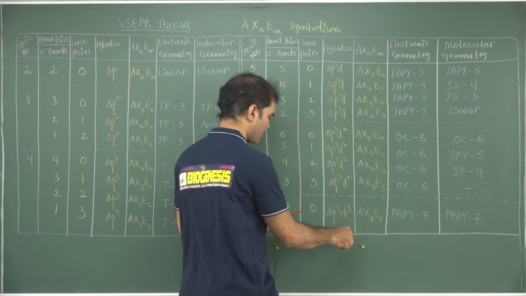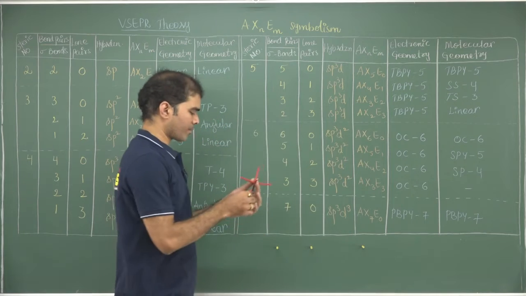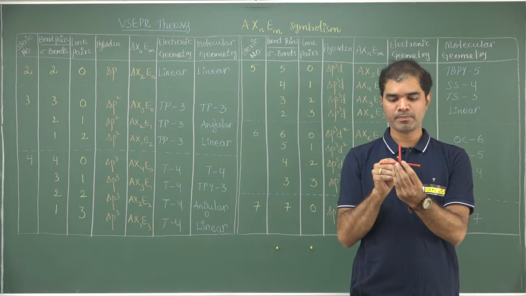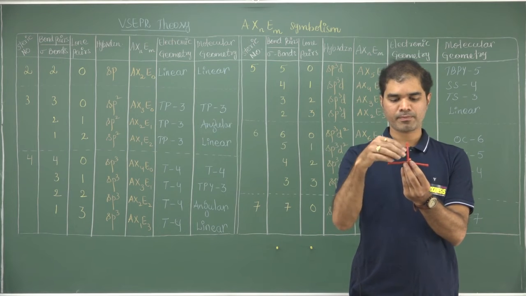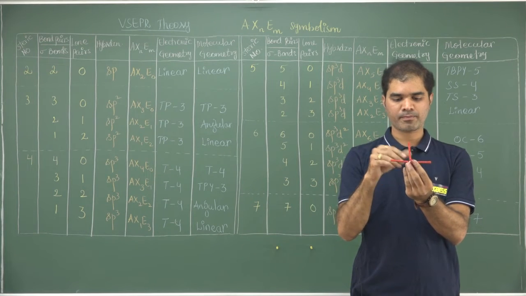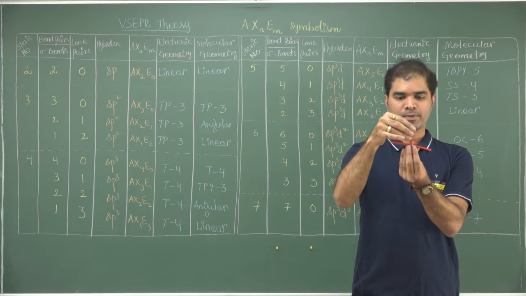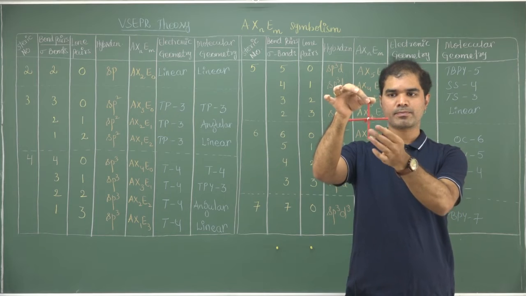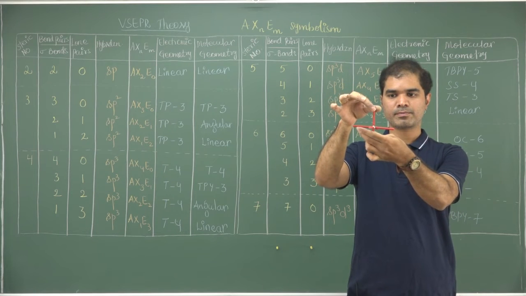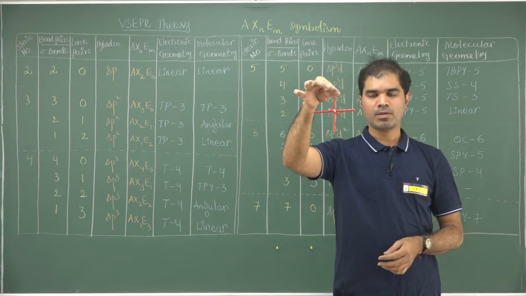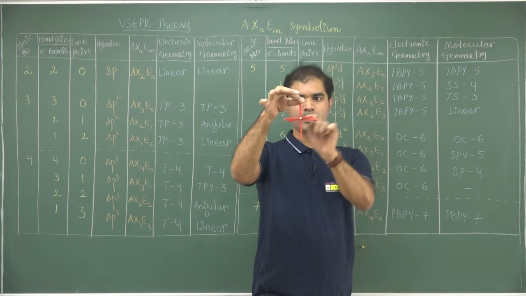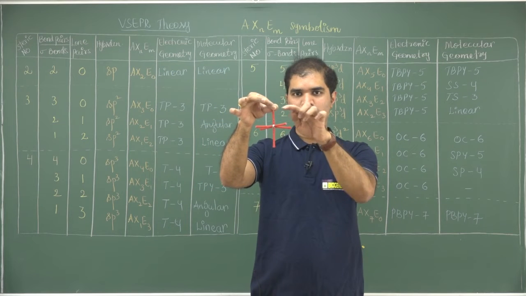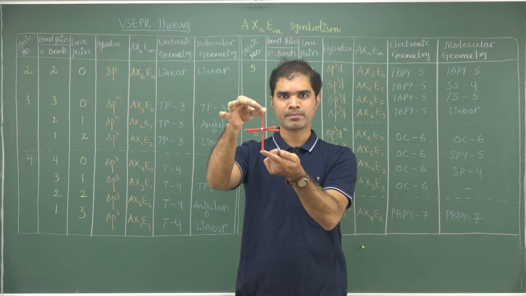Within this octahedron, I can just take 4 ligands in a square plane. Okay, this is an octahedral geometry. Now this is an octahedral geometry where 1, 2, 3, 4, if I am just considering to be in the equatorial plane, these bonds, one bond is above, one bond is below.